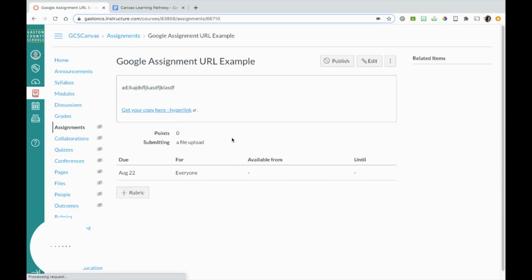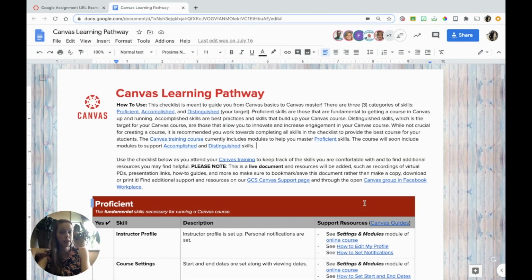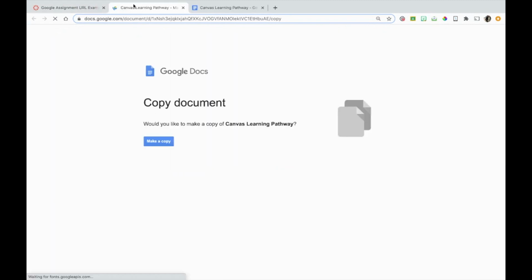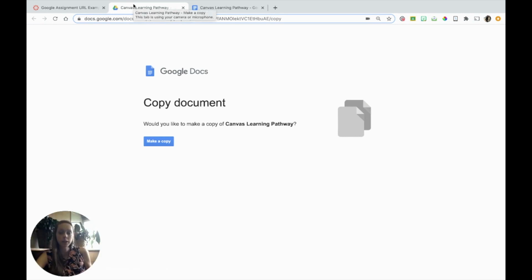And I want to show you what it looks like. So this is what it looks like for the students. A little bit different, but very similar. So when they click on this link, I want you to notice what happens. Here was my original copy. And I'm going to click this button just like a student would. This is the window that opens. It's asking them, would you like to make a copy? So you're going to tell your students to make a copy. So when they do that,